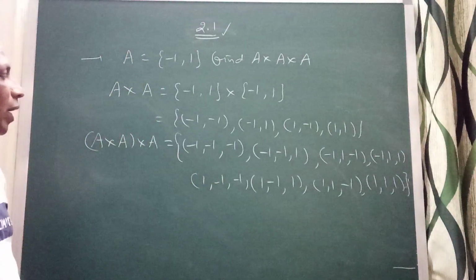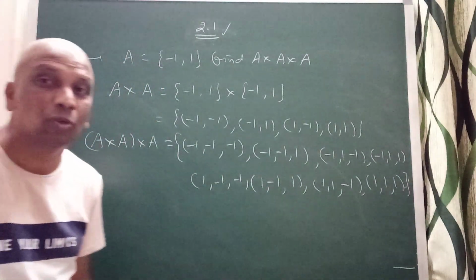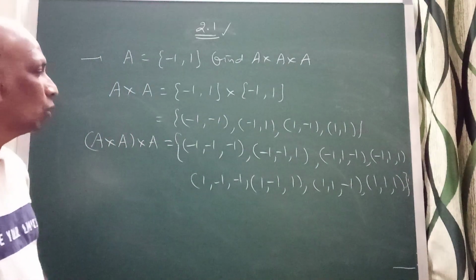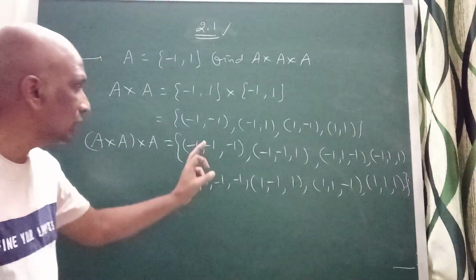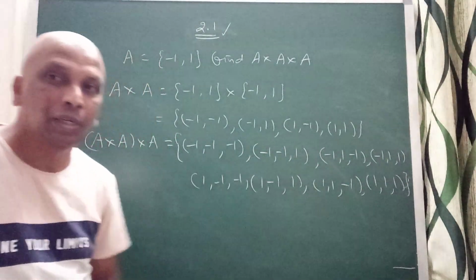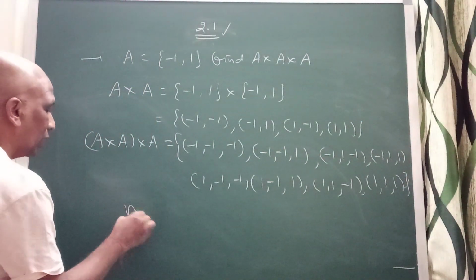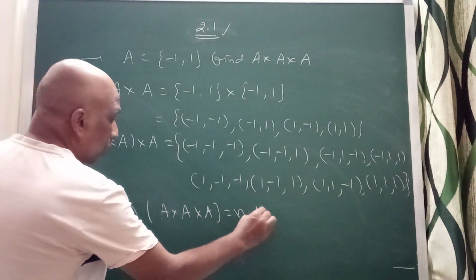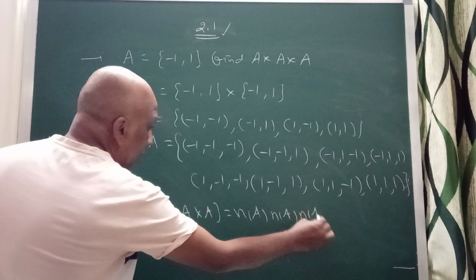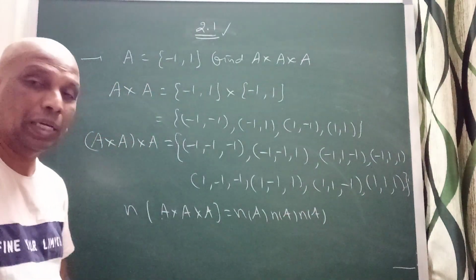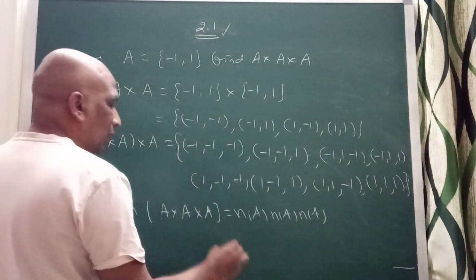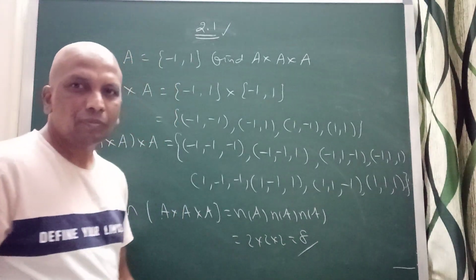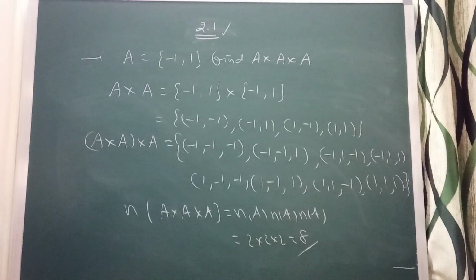So like this we can find. The number of elements in this will be 9, right? You can see here this is 4, you get 4 into 2, total will be 8. You can see 1, 2, 3, 4. Total 8. So I can find the number of elements. The number of elements in A cross A is always n of A into n of A. They didn't ask that here, I'm just telling you. They are asking only to write this. Even if I write this, it will be equal to 8.